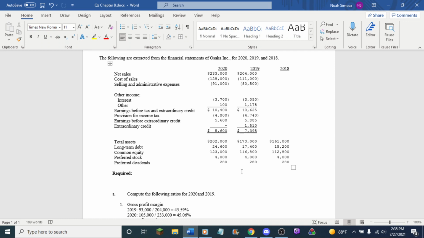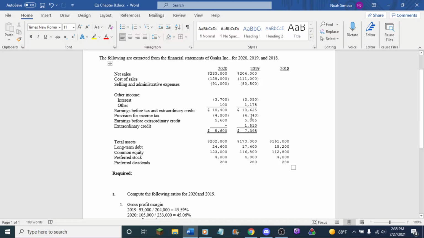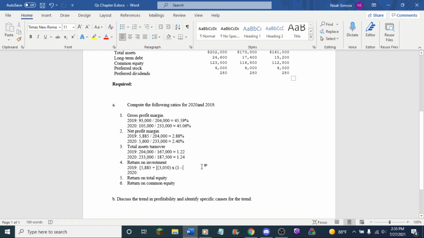So the tax rate. What is the tax rate for 2019? Well, the tax rate for 2019 is the taxes charged divided by the earnings that are being charged. So it's got to be this number divided by this number. And I'm going to round it to 4 decimal places on here. The tax rate is 0.4461. So we have 1 minus the tax rate, and then we have another bracket, and then we have literally another bracket, and then